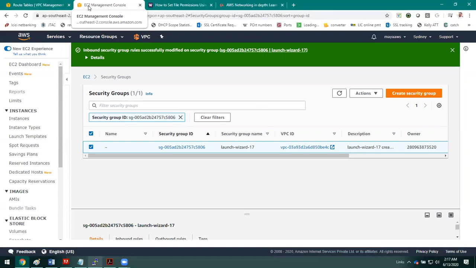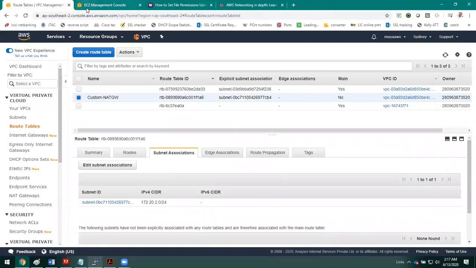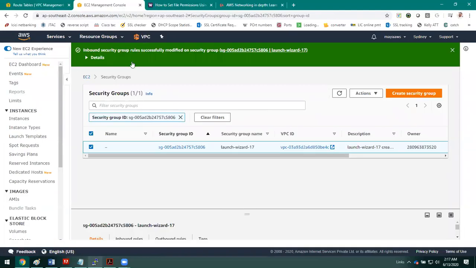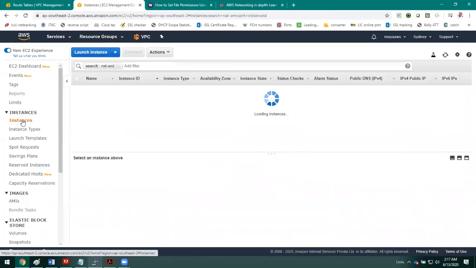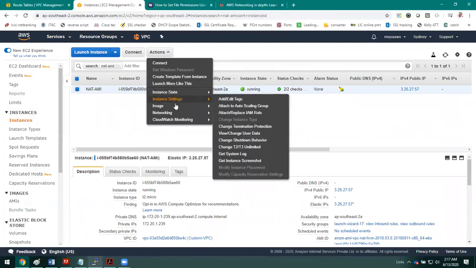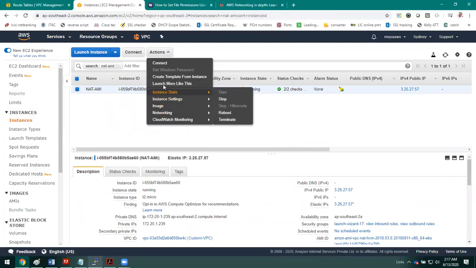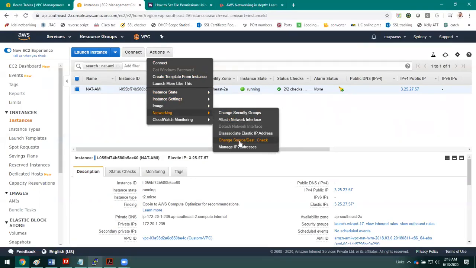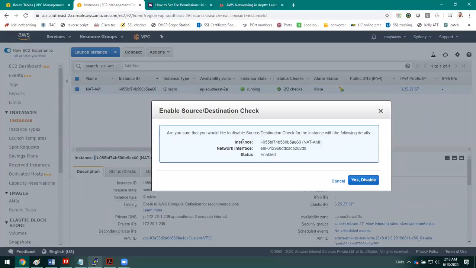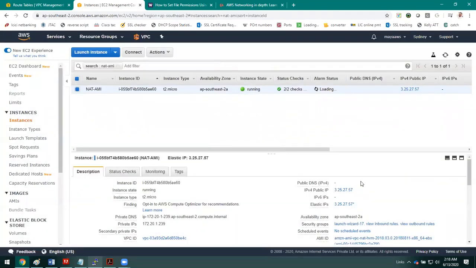If you are planning to use the NAT instance for the private subnet, we need to have one setting defined at the NAT instance level. So the setting is we need to go to the particular NAT instance and we have to disable the option called change source destination check. Because we are using this EC2 machine, I mean the community machine, as a NAT instance, it is mandatory that we disable this setting. Then only it will work.